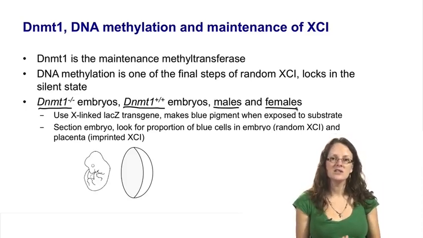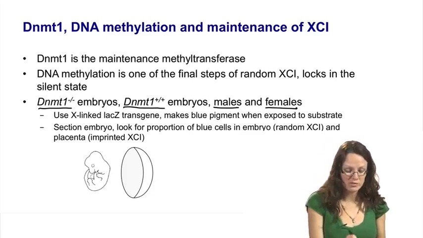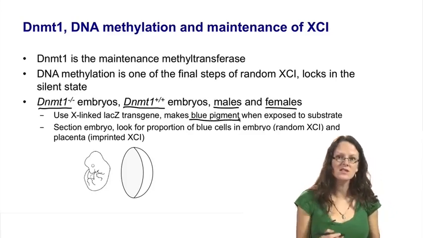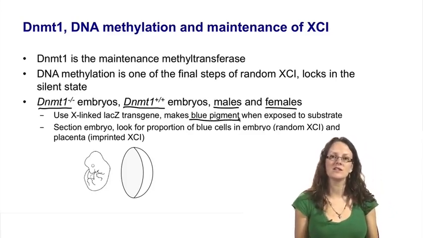So in addition to this Dnmt1 null versus wild type comparison, they were looking at the expression of the X chromosome using a transgene located on the X chromosome. So in this case, it's a LacZ transgene. And LacZ is a bacterial gene that when it's exposed to a particular substrate can produce a blue pigment. And so this gives a very easy way to be able to detect whether or not LacZ is being expressed or not, because you can test whether or not you can make blue pigment or not in the particular embryo